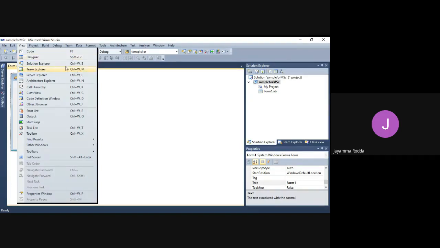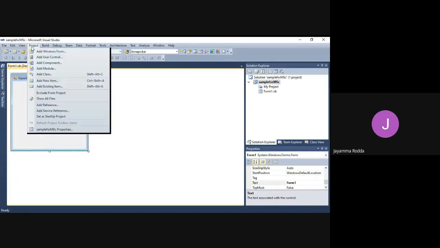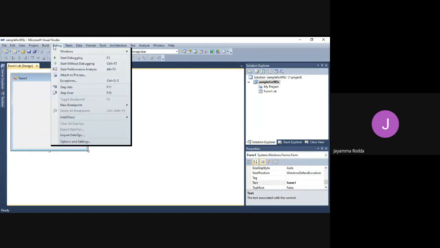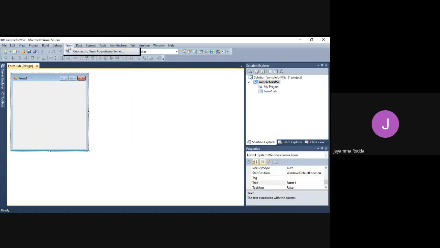Okay. Right now, up to here is enough for you. In the next class we'll go into detail. These three are the things you need to know. So this is the debug. Once you have constructed the application, you have to start debugging, which is nothing but executing your application. Okay, students, let us start.